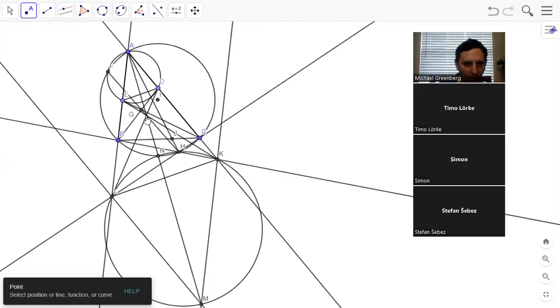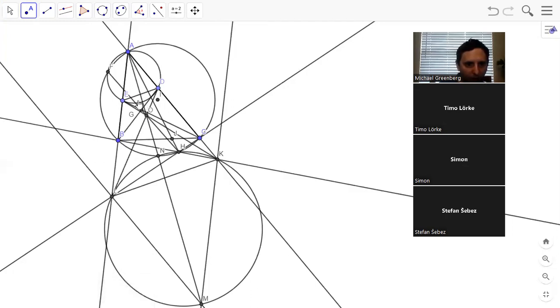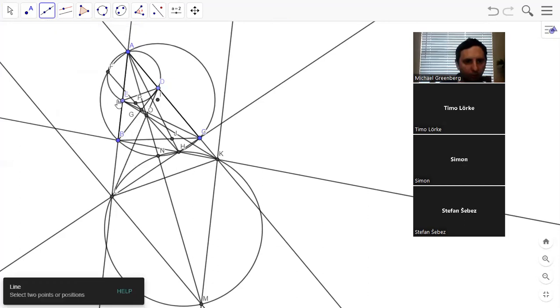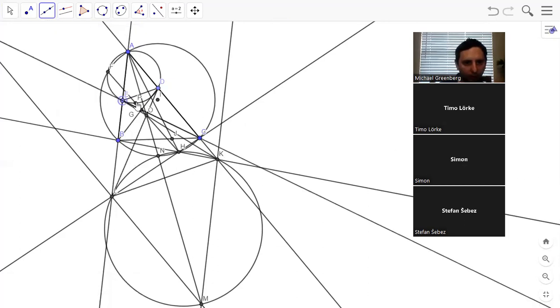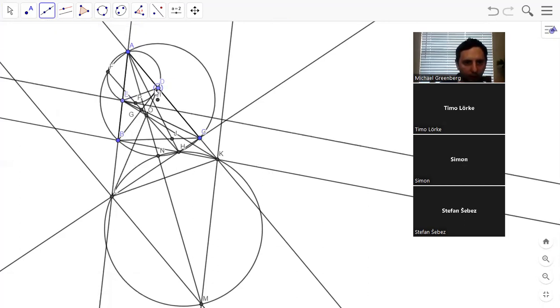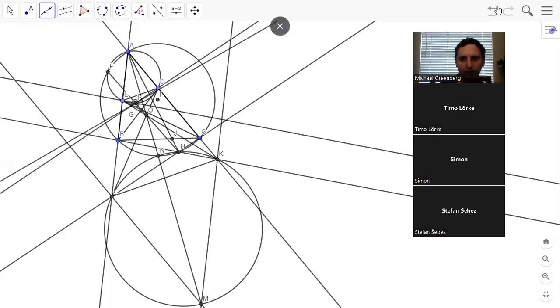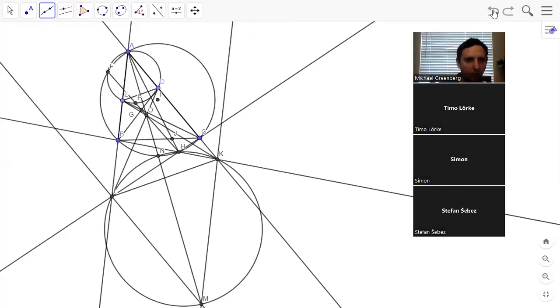And also, I think EP would be parallel to BK, and BP would be parallel. Yeah. So I'm gonna hide a couple things here, but